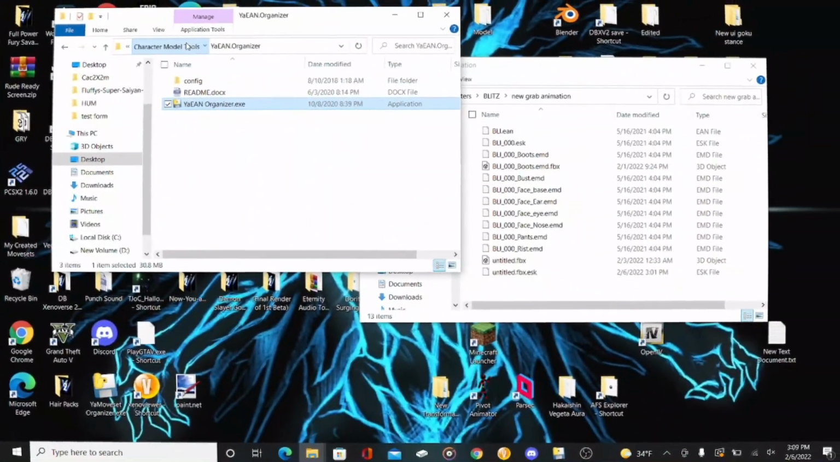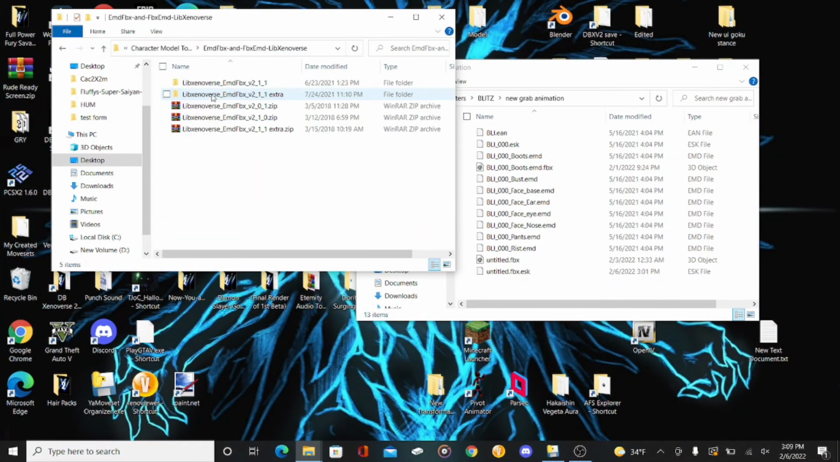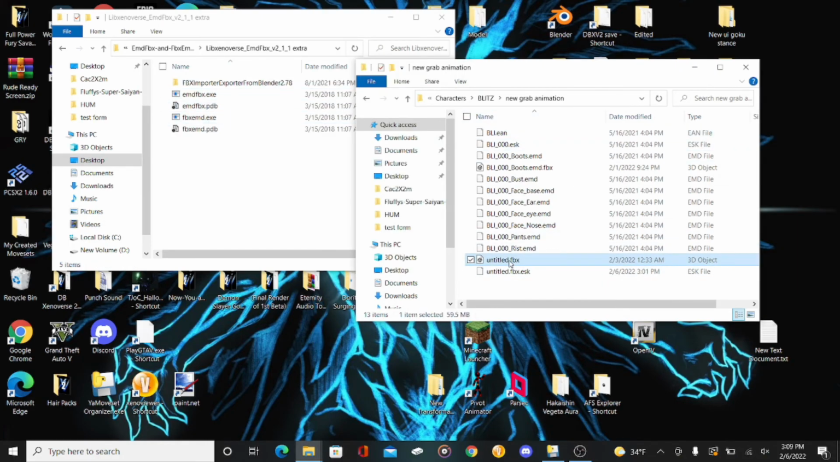Make sure you know exactly where you're going to export it. And once that's done, it's gonna buffer for an extremely long amount of time, depending on your computer. But when it's finished,